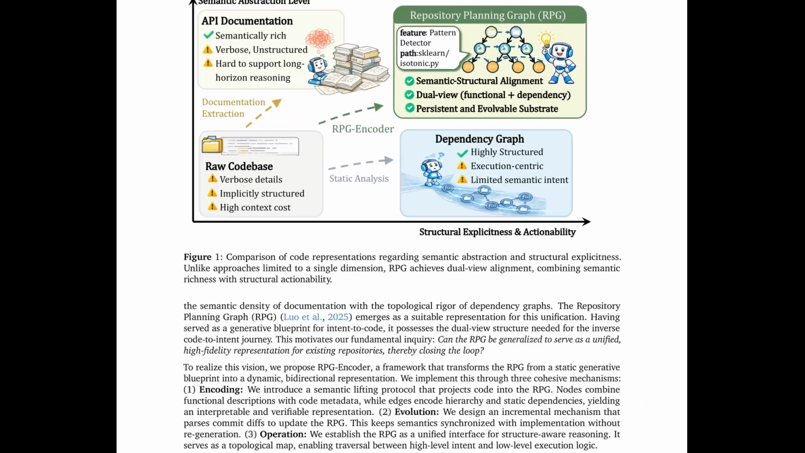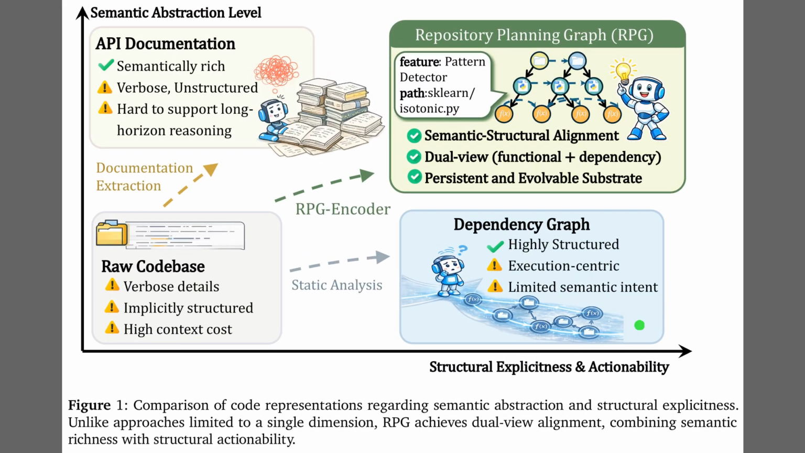Figure 1 visualizes the core problem by plotting code representations along two axes: semantic abstraction and structural explicitness. In the top left, we see API documentation, which offers rich meaning but lacks the structure needed for complex navigation. Down in the bottom right, dependency graphs provide that precise structure, yet they fail to capture the semantic intent behind